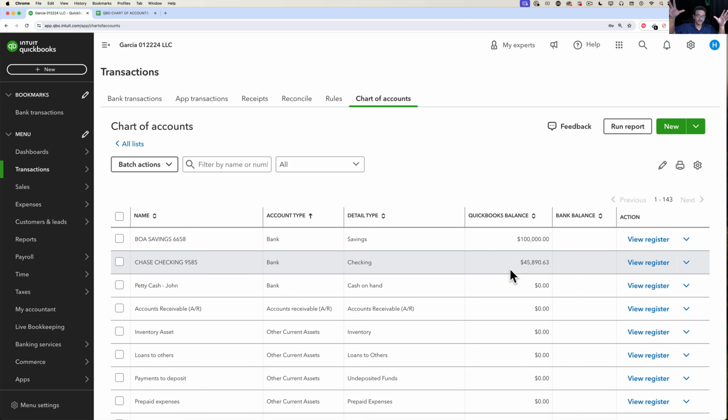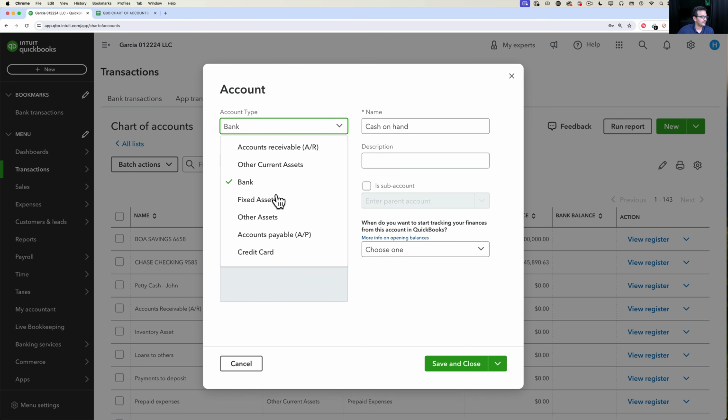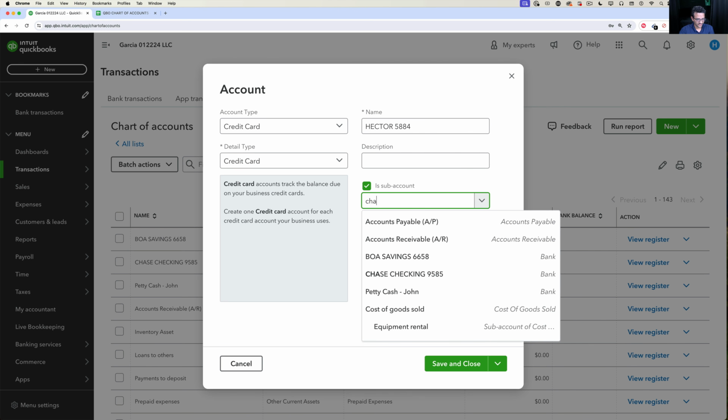So that's my parent account, that's my master account, and the beginning balance is going to be carried there. But I have to create each of the extensions, each of the physical cards that are under this one statement and put them as a sub account. So I'm going to come in here and select credit card, and then I'm going to choose, let's say, Hector, and then put the last 4 digits. That's my card, that's Hector's card, and I'll put that as a sub account, in this case of Chase